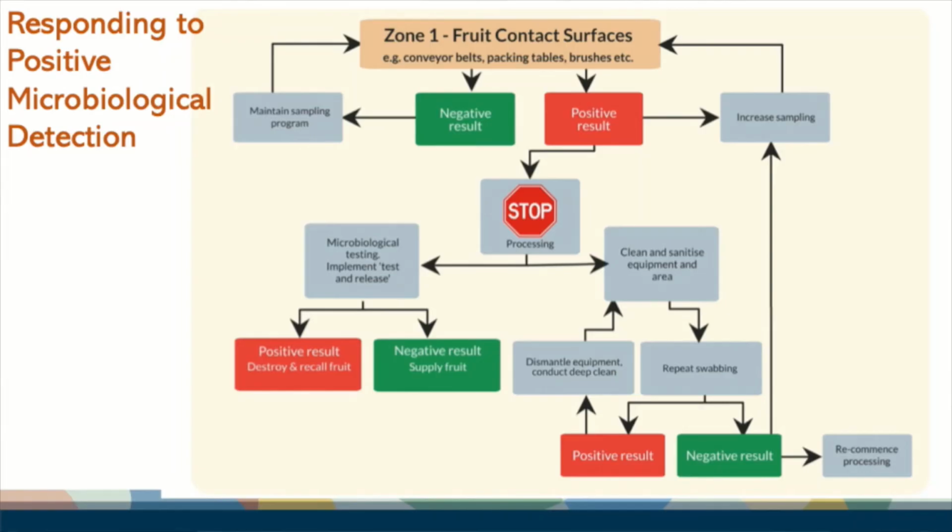So what happens if you receive a positive detection of an environmental pathogen such as Listeria or Salmonella? We have prepared a decision-making chart, which is also present in the Melon food safety resources and toolbox, to help the packers in their decision-making. So in case the positive detection is from fruit contact surfaces such as conveyor belts, packing tables, or brushes, we recommend that you stop processing your fruit and